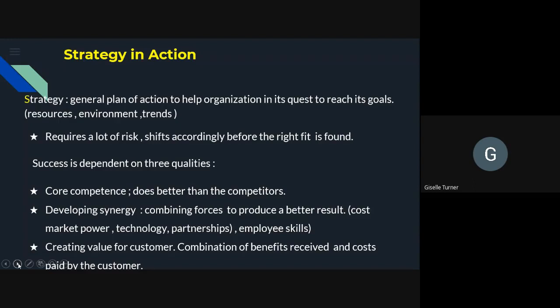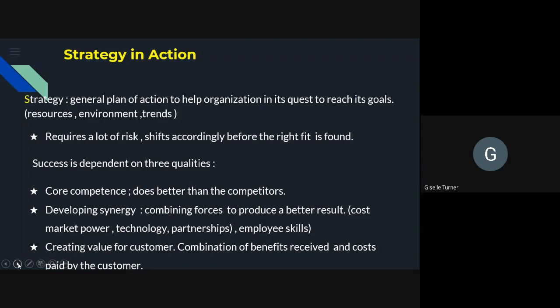So it is dependent on three qualities. Core competence, basically what you can do better than your competitors. Developing synergy, which would be creating partnerships, alliances, so that you would be able to get more out of the market,